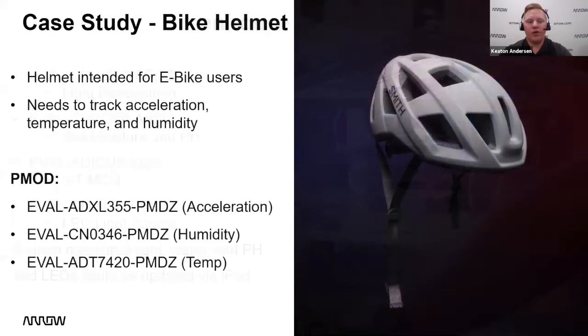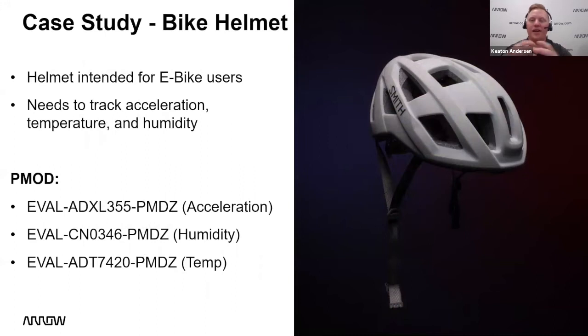And then this last one was a case study I made of a bike helmet, and I just wanted to talk a little bit about theory because I had done a little bit about water on both of these. So this would be an idea of, let's say, e-bikes are something that we see a lot of. They're really popular, and they're continuing to grow in popularity. So let's pretend for a second we had a helmet that we were designing. We wanted to track acceleration, temperature, humidity. I'm going out for a ride. I want to be able to see what the weather looks like around me, what the humidity looks like. Potentially, if my user's gone off the rails and going too fast, do I want to try to help assist in braking? There are all different things, but the piece I wanted to highlight here was that we had a